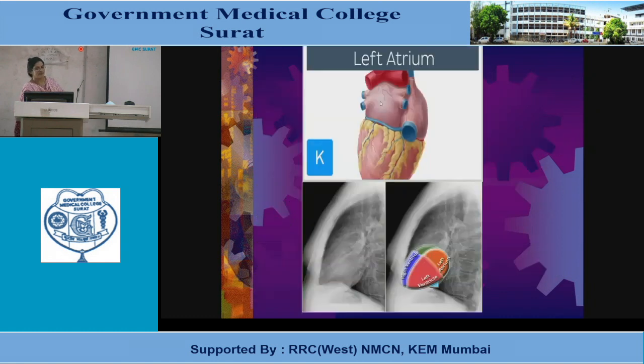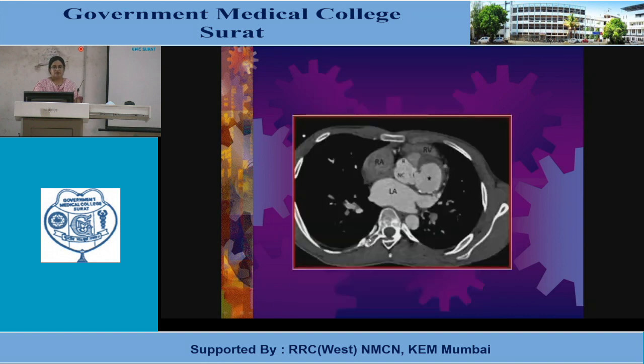You can see the pulmonary veins entering into the left atrium. And again on the lateral view, you can see the right ventricle is forming predominantly the anterior aspect of the heart. It is in close relation with the sternum. This is the left ventricle forming somewhat the posterior border. However, the upper posterior border is formed by the left atrium. Again, on an axial view, you can see this is the left atrium receiving the pulmonary veins. This is the right atrium, and the right ventricle is situated anteriorly.